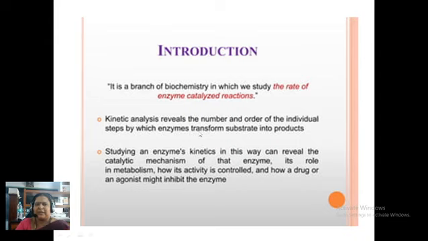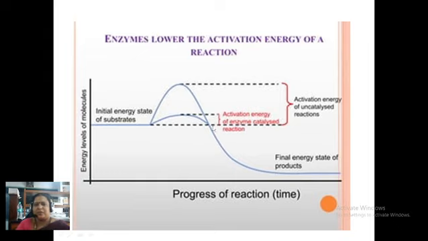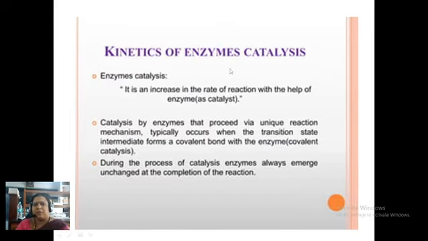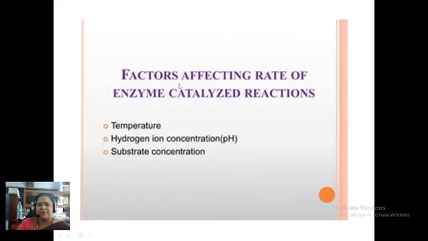Enzyme kinetics. It is a branch of biochemistry in which we study the rate of enzyme catalyzed reactions. So this picture shows the enzymes lower the activation energy of a reaction. Kinetics of enzyme catalysis. Enzyme catalysis is an increase in the rate of reaction with the help of enzymes, that is catalyst. So these are the factors affecting rate of enzyme catalyzed reactions: temperature, pH, that is hydrogen ion